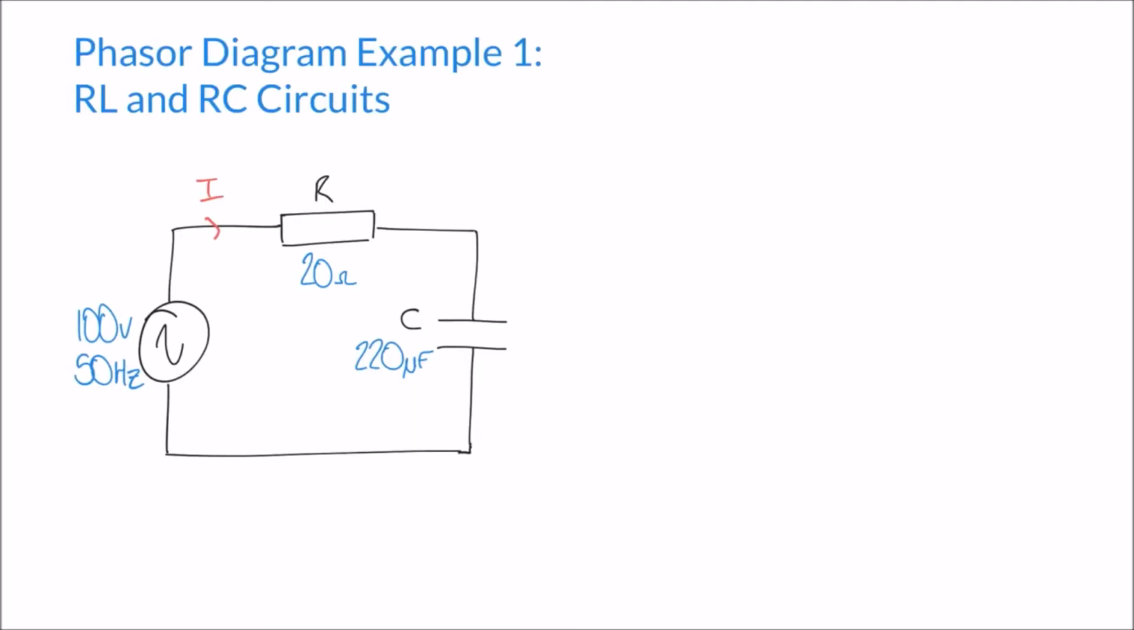Let's now have a look at an almost identical example, another series circuit, but this time we have a series RC circuit. We've got a resistor and a capacitor this time in our circuit, and we're going to apply a very similar process. First of all, we need to calculate the reactance of our capacitor, and for that we use the formula XC is equal to 1 over 2 pi